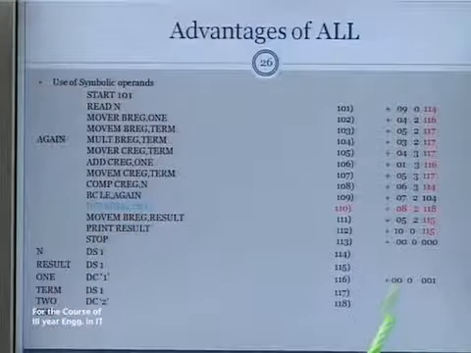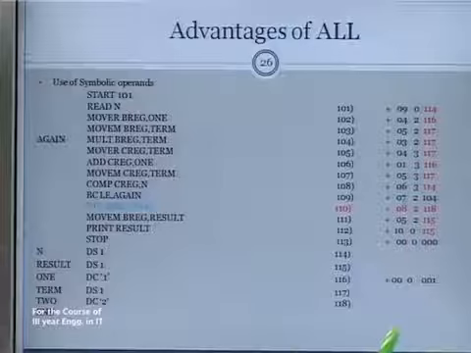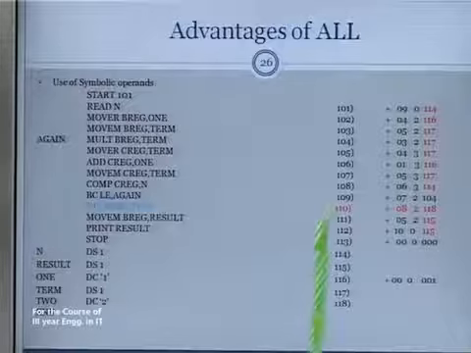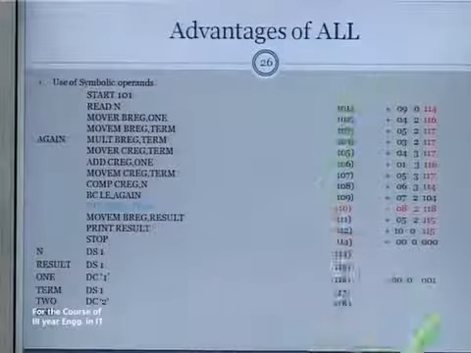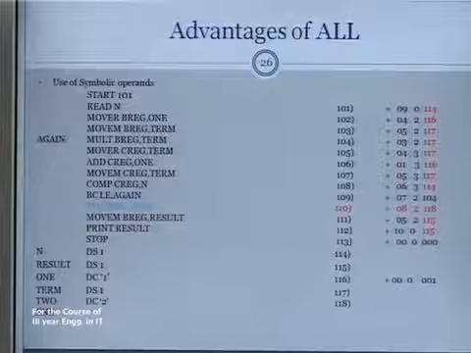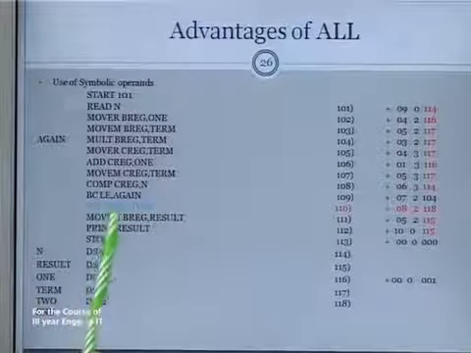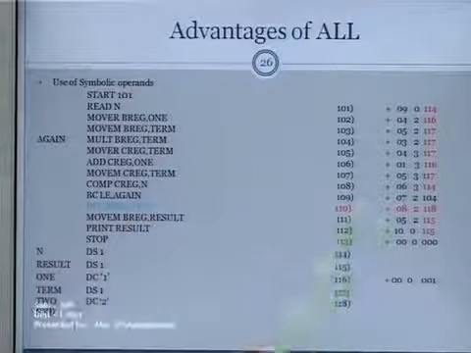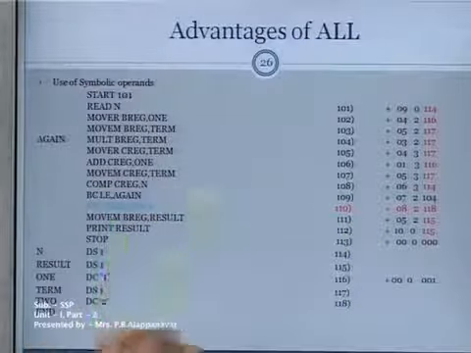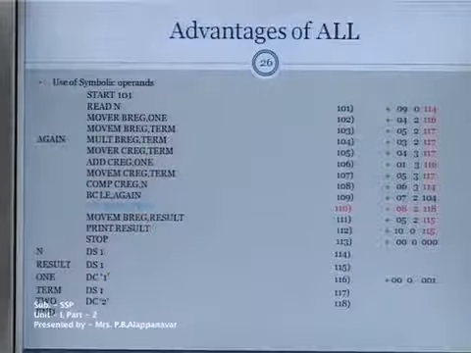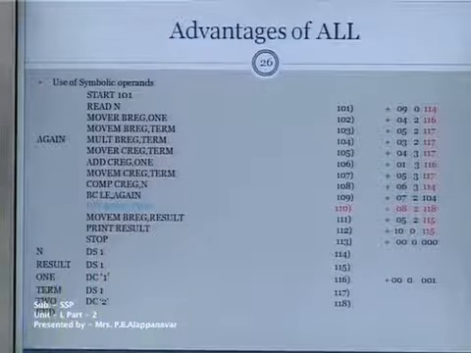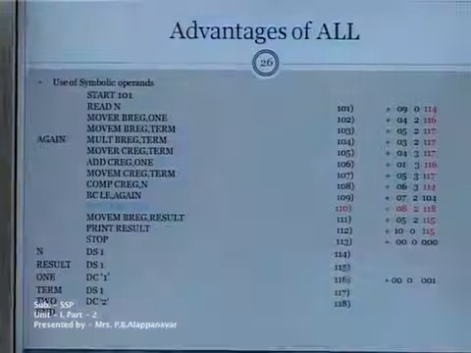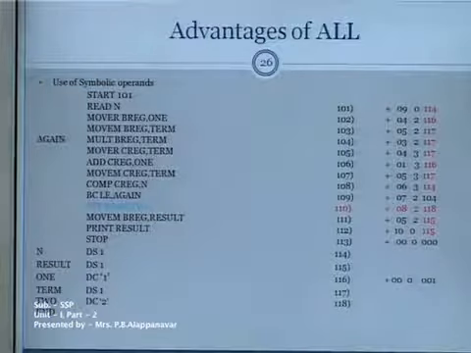But if you look at the equivalent machine code, all that is highlighted in red represents the changes that need to be made. There are almost 11 changes that need to be made in this machine level language program if we simply have to calculate n factorial by 2 instead of n factorial. So this is the biggest advantage of assembly level language programs. The number of changes made is comparatively fewer as compared to a program written in machine level language.